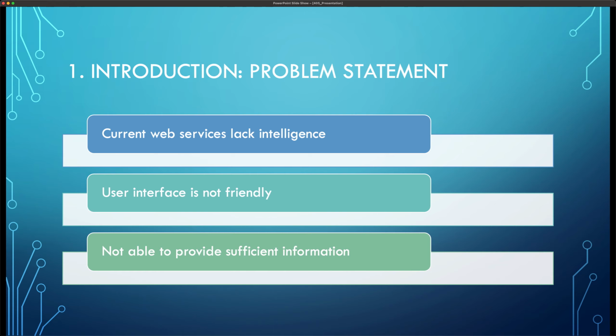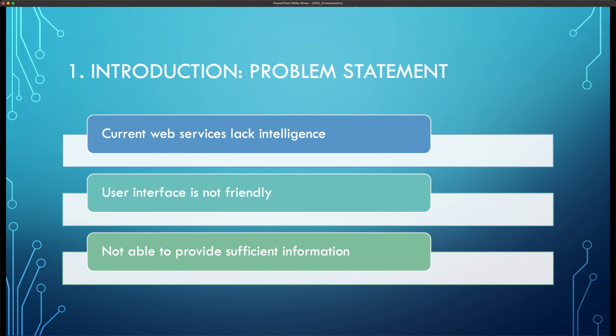So, you may wonder, what are the problems or disadvantages of current applications? Generally speaking, there are three key points. First, lack of intelligence. AI is a relatively new technology that has only seen rapid development in recent years. Therefore, most traditional applications have not integrated it into their own services. In other words, these services are not intelligent enough.